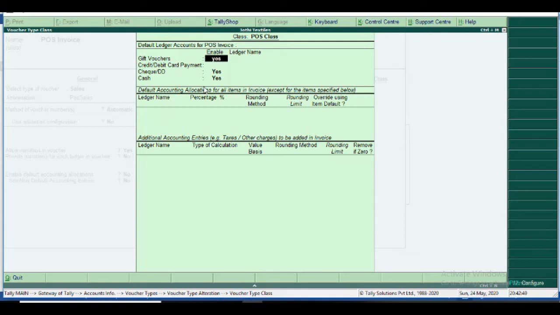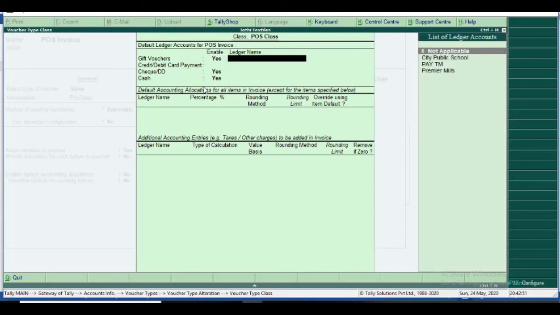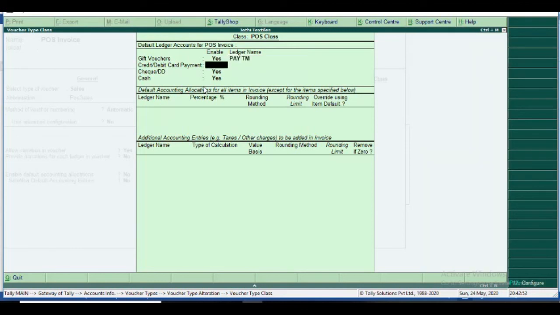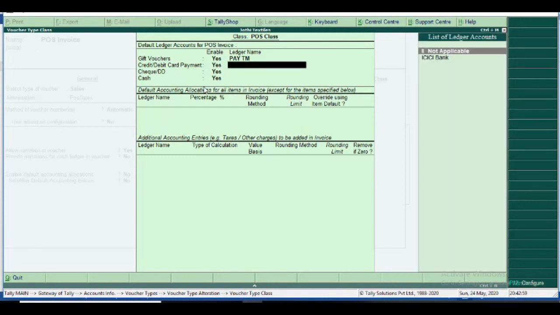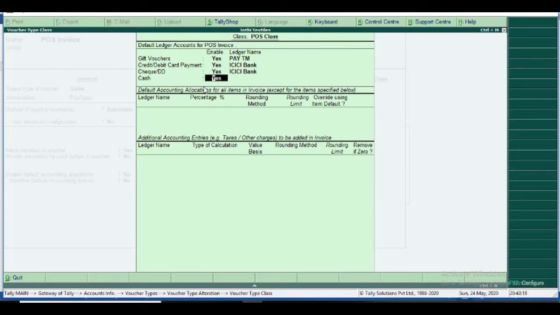Okay, so I enable gift voucher. The ledger name is Payment Paytm. Then credit and debit card payment is also enabled. I have the ICICI Bank swipe machine, so I select ICICI Bank. Then check or DD I also accept, so I enable yes, and I deposit in my ICICI Bank only, so I select ICICI Bank as default.